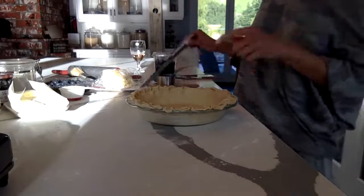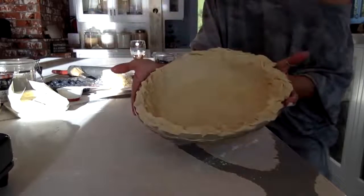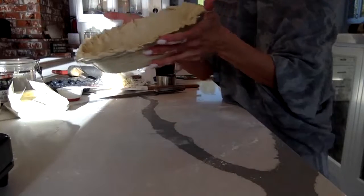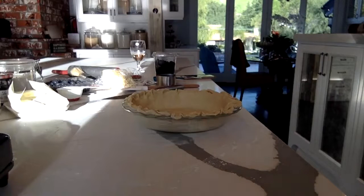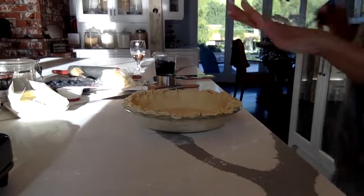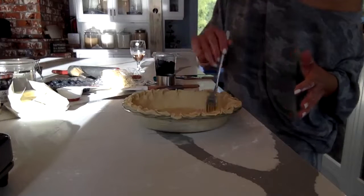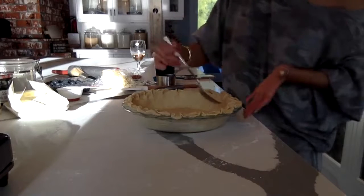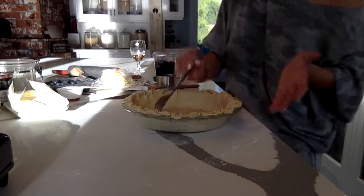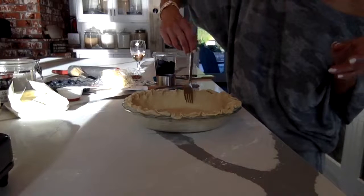All right, so we did the primping, and people, it doesn't have to be perfect. It does not have to be perfect. No one's coming to your home to eat a perfect, beautiful pie. If you want that, buy it store-made with all the additives. This is homemade, natural, organic, healthy eating, and bless you. I'm going to poke it with my fork. La, la, la, la, la. My oven is set. It's going to cook for